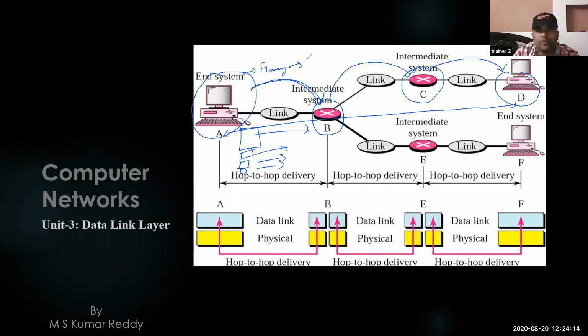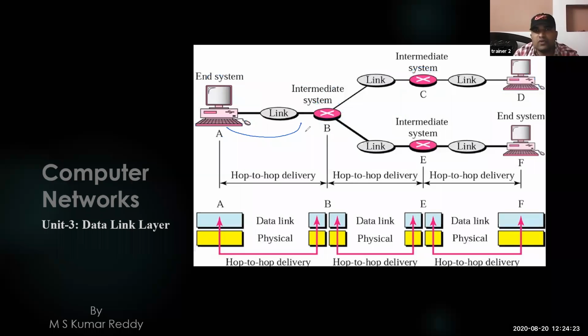And second thing, if you want reliable communication, go with acknowledgement. Whenever a frame is transmitted from one node to another node, the receiver node will send an acknowledgement. For every frame the receiver will send an acknowledgement. And third thing, when the sender sends data at higher speed to a system which works at lower speed, the sender side data link layer must identify the problem and it must slow down. That is another service provided by the data link layer.